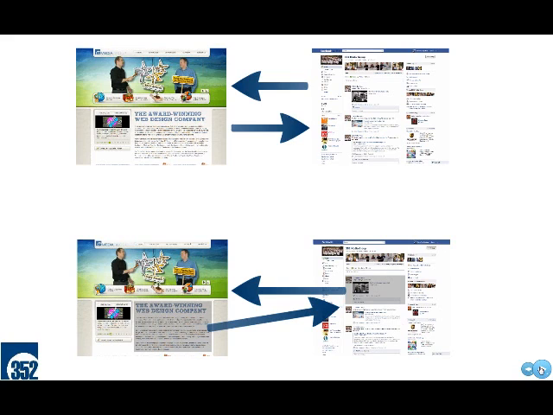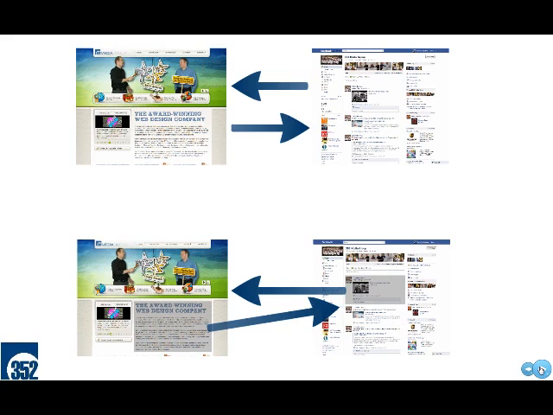Because the key thing to remember here is that people have chosen which medium to interact with you. People have gone to Facebook maybe for fun, to check out things about their family and friends, and they're seeing information about you. And if they're clicking on your brand page there, that's a huge win for you. And getting them to do that is great. Getting them to take an extra step and actually leave Facebook then and go to your web page is a huge leap for them to take, and one that many won't. So you want to bring in that relevant information whenever possible from your website into Facebook so people don't have to leave.